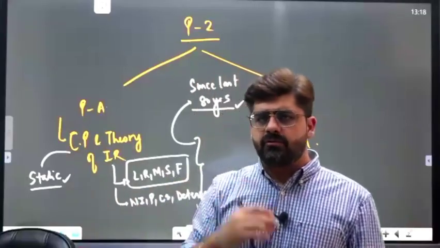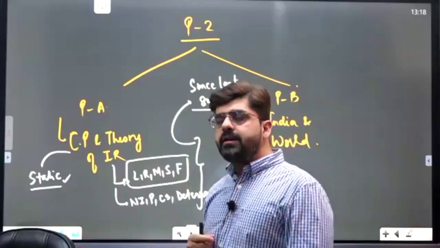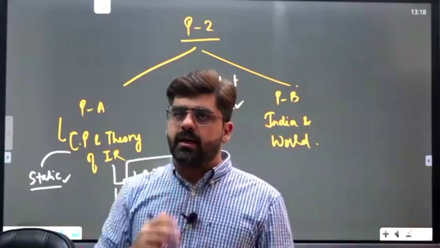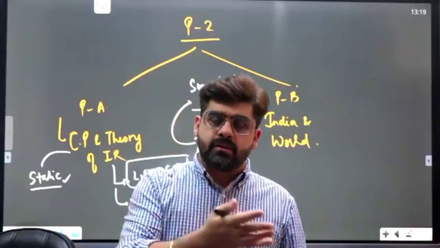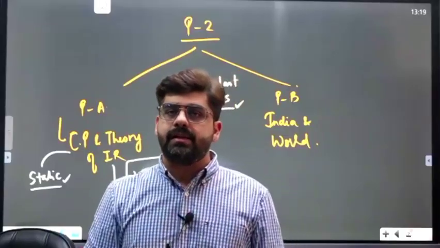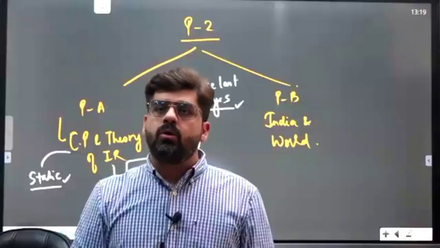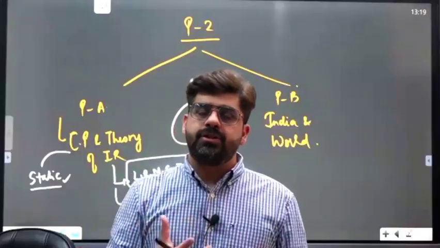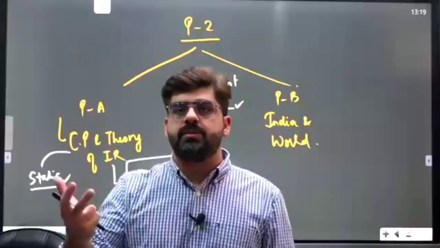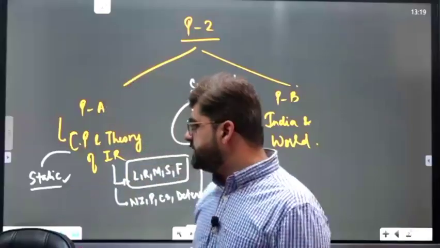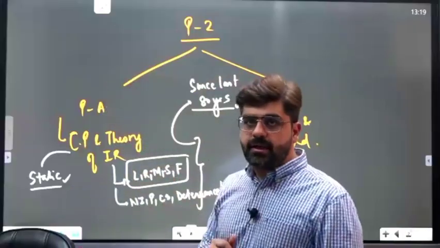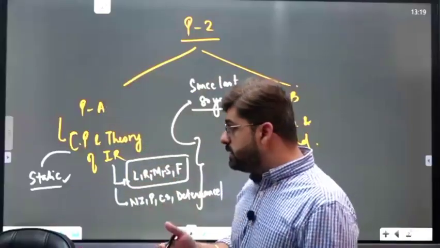For example, creation of IMF and World Bank is a relatively new development. It only happened after 1945. Creation of WTO is an even more recent development, in 1996. How do these institutions impact the relations between nations? I would want to know that. That is the practical aspect of this entire theoretical understanding which we'll have. Then,